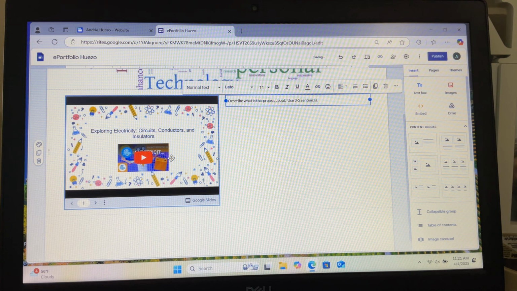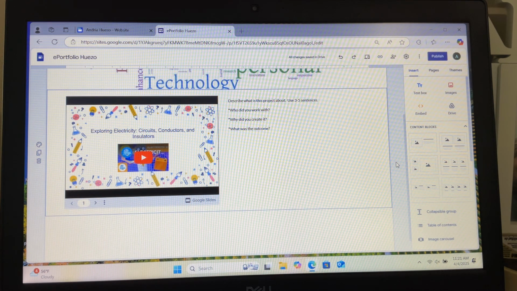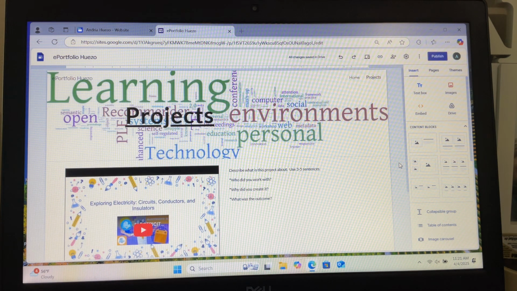Okay, so key things you want to talk about is: who did you work with? Why did you create it? What was the outcome? Maybe that's your grade, or who did you share it with? Okay, those are little key things you want to put in there. Okay, so now that we've got this and you're going to start plugging in the projects that you've been doing,